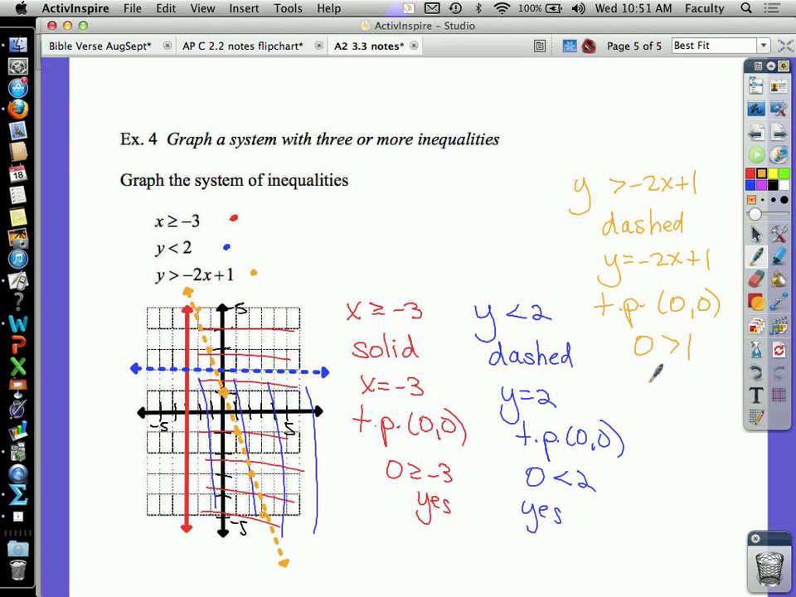Is 0 greater than 1? No. So now we're going to shade over here, and it's in this region. So let's pick our final color to really highlight. It's dashed here, and it's only, let me thicken that up a little bit. There we go, much better. Okay, but make sure you're dashing